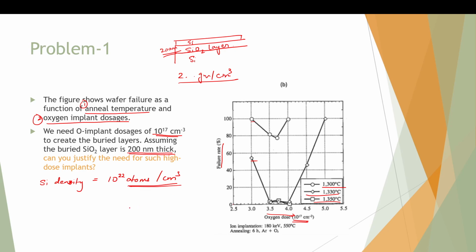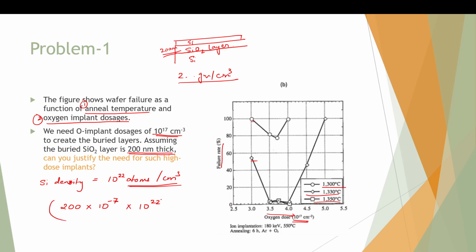Once we have that, the next thing for us to do is to calculate how many oxygen atoms will be required. So we need a 200 nanometer thick layer, right? 200 nanometer means 200 into 10 power minus 7 centimeters. Because the density is per centimeter cube, I'll keep it in centimeters. So this is the thickness, and this times the silicon density